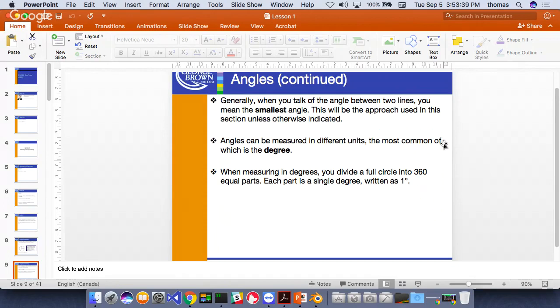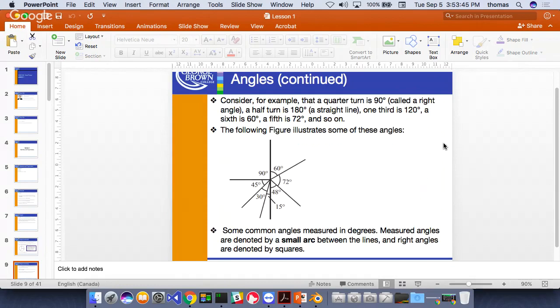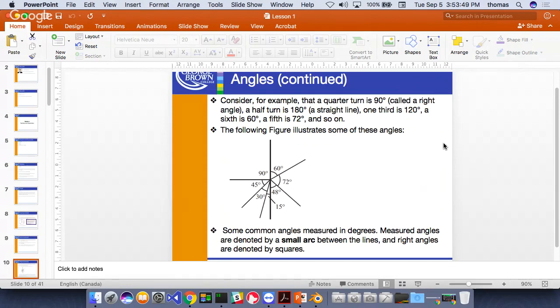So again, think about a circle. We break it up into a bunch of parts, components if you will, and we use either radians or degrees. You can convert from degrees to radians by multiplying by pi and dividing by 180. If you're going the other way, from radians to degrees, which I'll show later on, you multiply by 180 and divide by pi. Pretty simple. It's way easier than converting from Celsius to Fahrenheit, that's for sure.